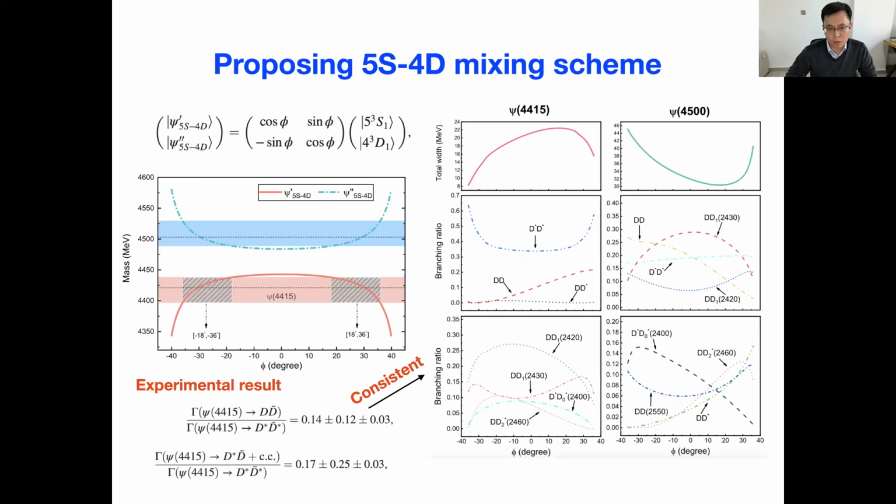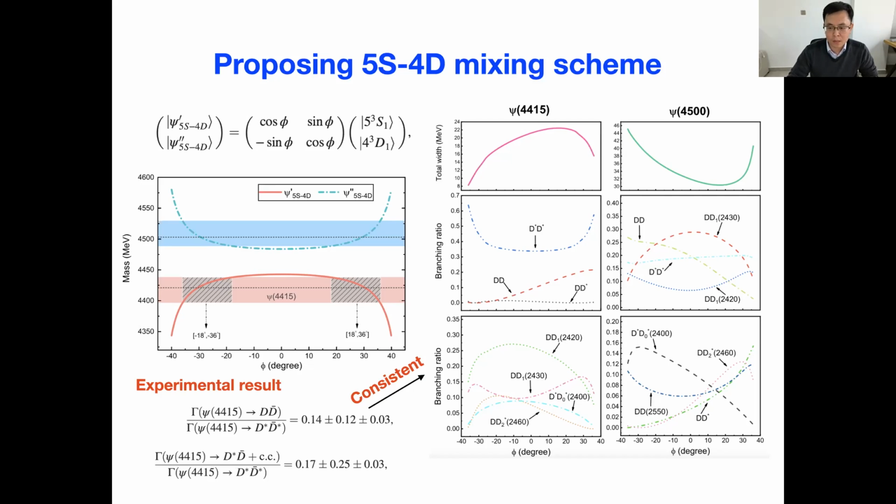I also introduced the 5S-4D mixing scheme to explain the psi(4415), and we also get results consistent with the experimental data. So we can also predict another partner for the psi(4415), another psi state around